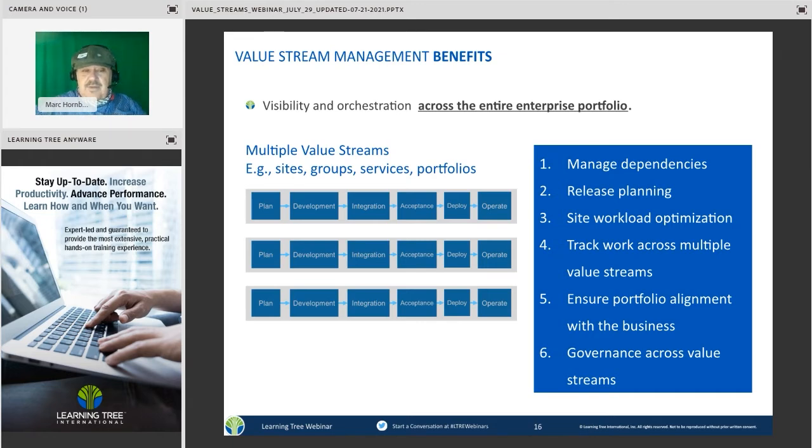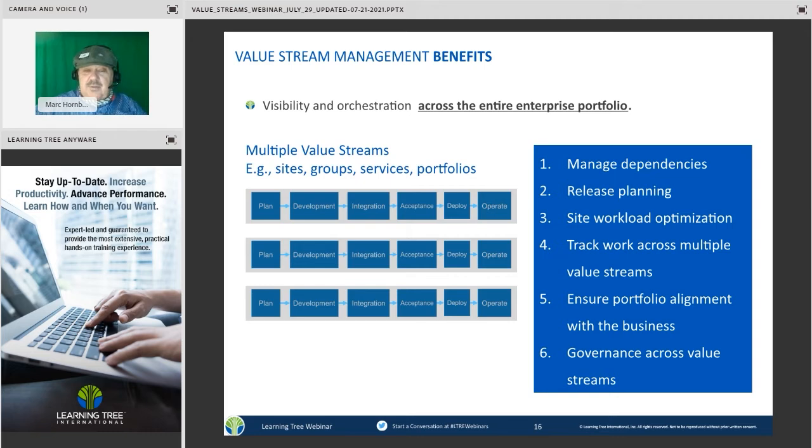So here are some of the benefits of value stream management. Really, it shines the most when you're dealing with not just one CI/CD pipeline or one value stream at a time, but when you have multiple value streams and you want to do things across them. So if you're looking at an entire site, or groups of applications, or groups of people, different services that may be comprised of multiple pipelines with different microservices or other service-oriented architectures, portfolios of applications, things where you really need to group and be informed about what's happening across multiple value streams. It has applications even if you only have one, but